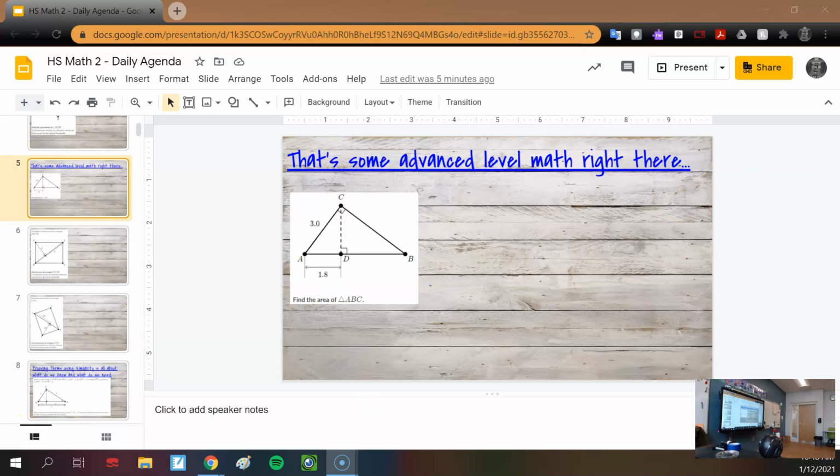All right, so what I want to discuss first is this proof theorems using similarity assignment. And then, if you haven't taken the quiz, I would like for you to spend some time on the quiz. And then if you have taken the quiz, we'll talk about that here in a moment. But if you've already done this assignment, then you're able to help us as we work through it. So let's talk about our prove theorems using